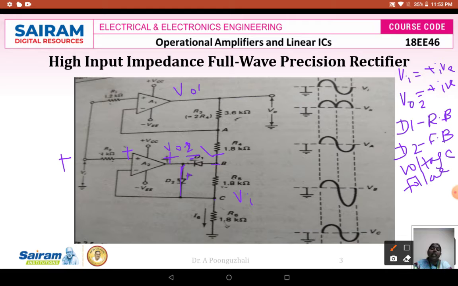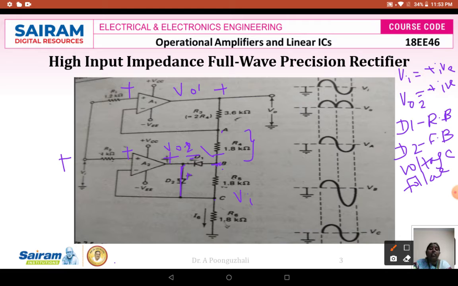Okay, so this is when the input is given to your amplifier A2. Now if I give the same input to your amplifier A1, so here this is going to be plus. When this is plus, the voltage at this point is also going to be positive. So we should know what the output voltage is going to be there. Since there is no voltage at this point, I can assume that this is at ground. I want to find out the drop across this resistance there. So if this is grounded, it will act like a non-inverting configuration there.